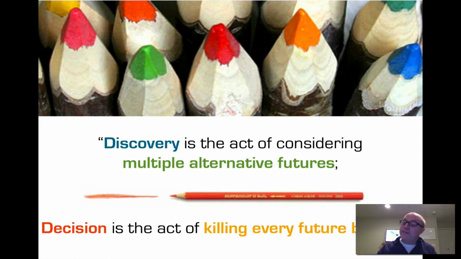There are two slides here together that start off sounding really strange. This first slide is about discovery, which of course is the act of considering what all might be out there. How many islands are there? How many new lands? How many multiple alternative futures as we discover? But as we all well know, every day we have to make decisions. I have to. You have to. And a decision really is, by definition, the act of killing every future but one. Taking one path, going down that path, and all other paths are now null and void, so to speak.